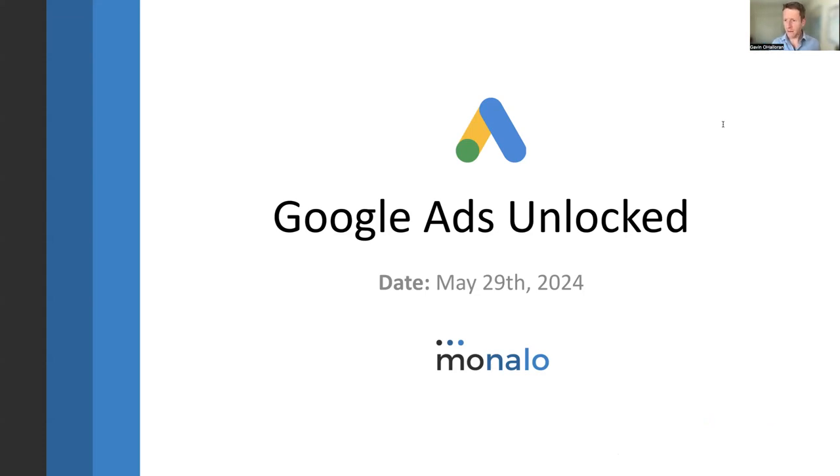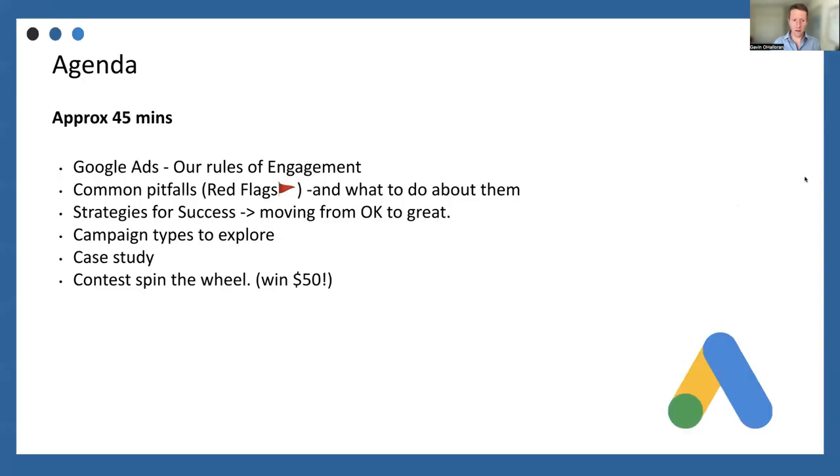Today we're talking about Google Ads, and let's get going straight into it. It's going to be hopefully 40 to 45 minutes. We're going to go over some of our rules of engagement when running Google Ads. We're going to dive into the common pitfalls, which I'm going to be labeling as the red flags, and what to do about them. Then we're going to go into some strategies for success. Then we're going to go into the different campaign types. We're going to go through a great case study,